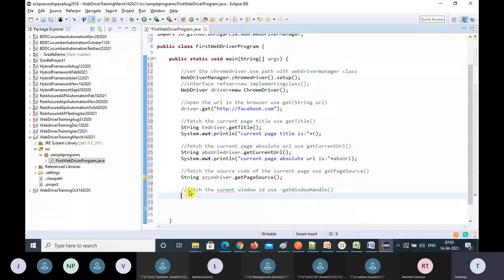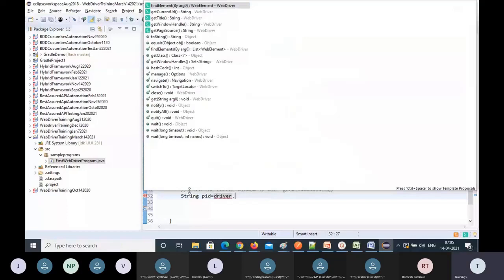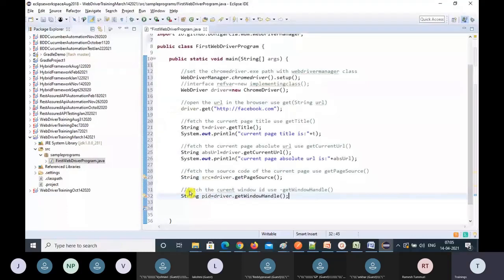This method also returns string type data. String parentID, driver dot getWindowHandle. So getWindowHandle fetches only the one window ID, the current window ID. If you want to print that, you can print it: window ID is PID.